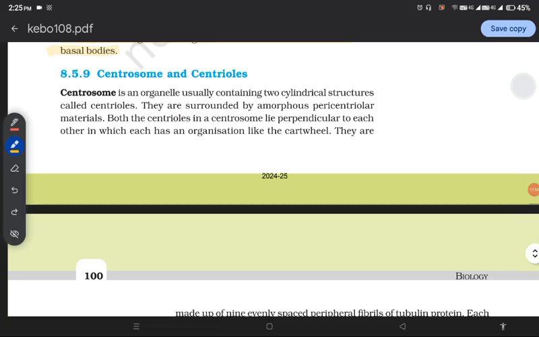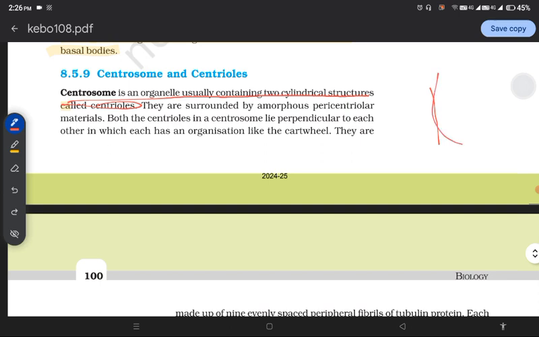Centrosome and centrioles. Centrosome is an organelle usually connected to cylindrical structures called centrioles. Centrosome is an organelle. It usually contains two cylindrical structures